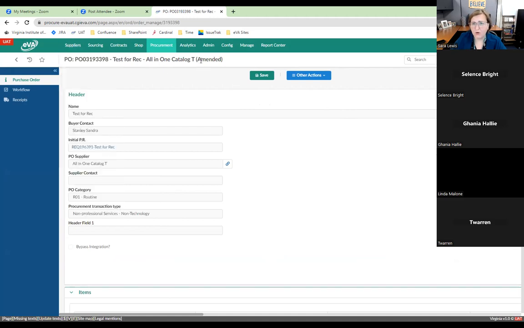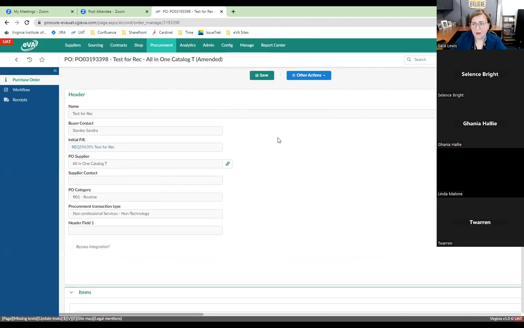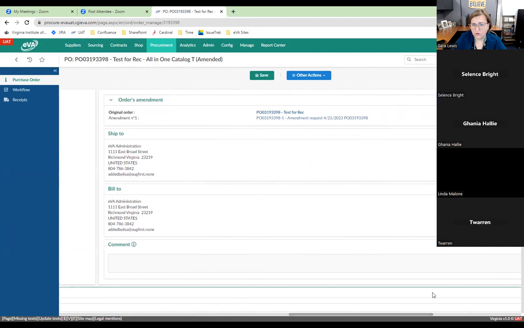And I know I'm on the PO. But they can look here and see that this order has been amended. So that means that there is a newer version with the changes. If for some reason they don't see that here, they can always scroll over and there is an orders amendment